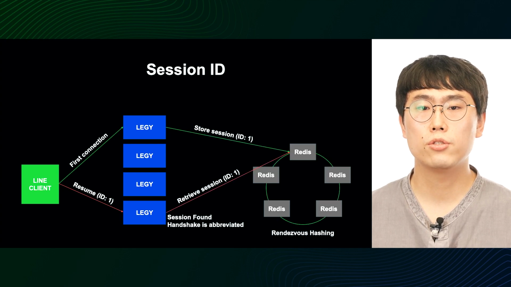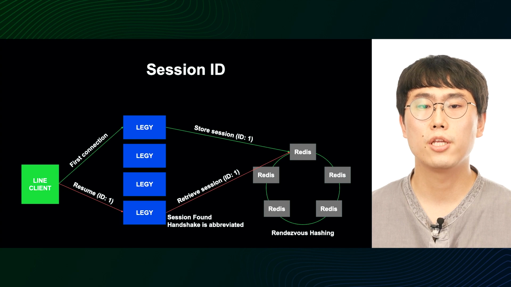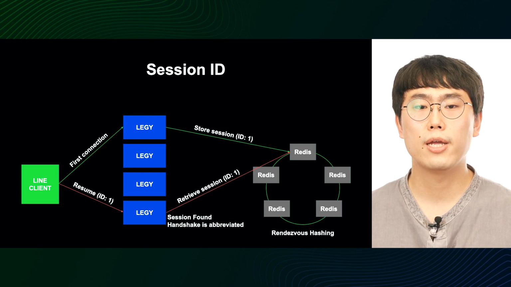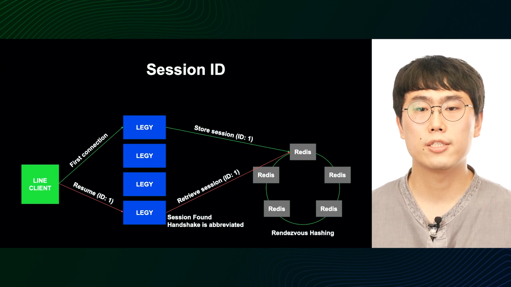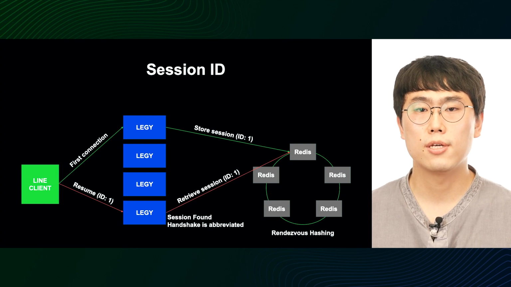For session storage, we use a Redis cluster. Each session is stored across the Redis instances using random hashing. LEGY now knows which Redis instance to ask for a given session ID. In this example, the LEGY server, which takes the second connection, now successfully restores the session information and finishes the handshake